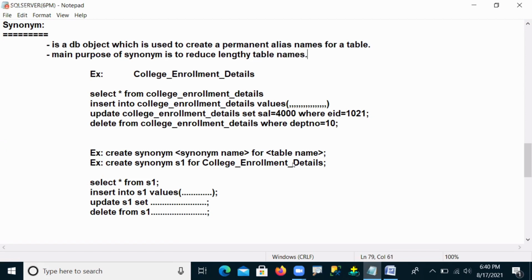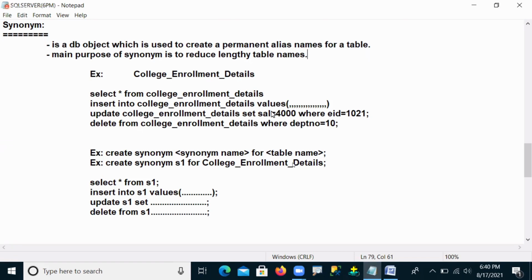Whenever you want to reduce some lengthy table names, we can use synonyms. People create synonyms here to avoid lengthy table names. That is the main purpose of a synonym.